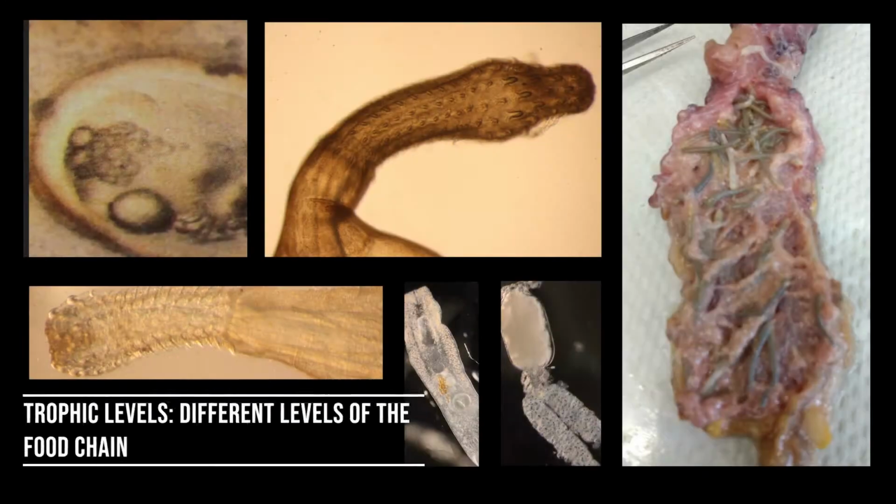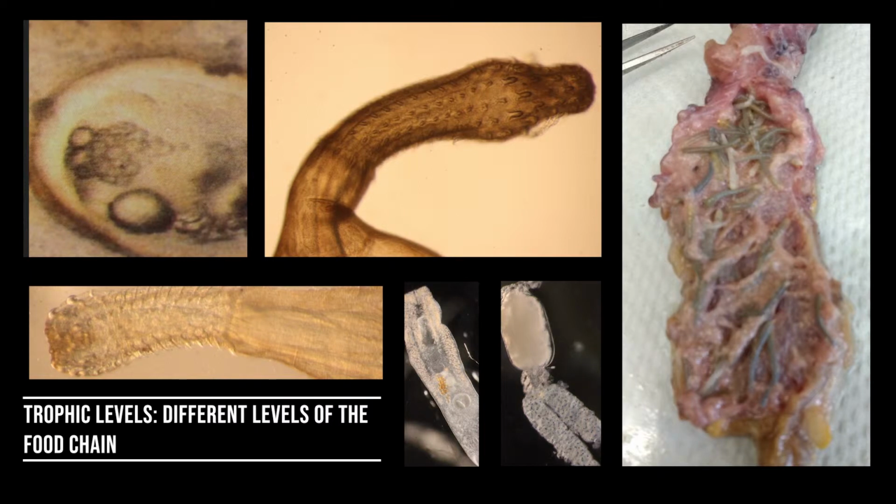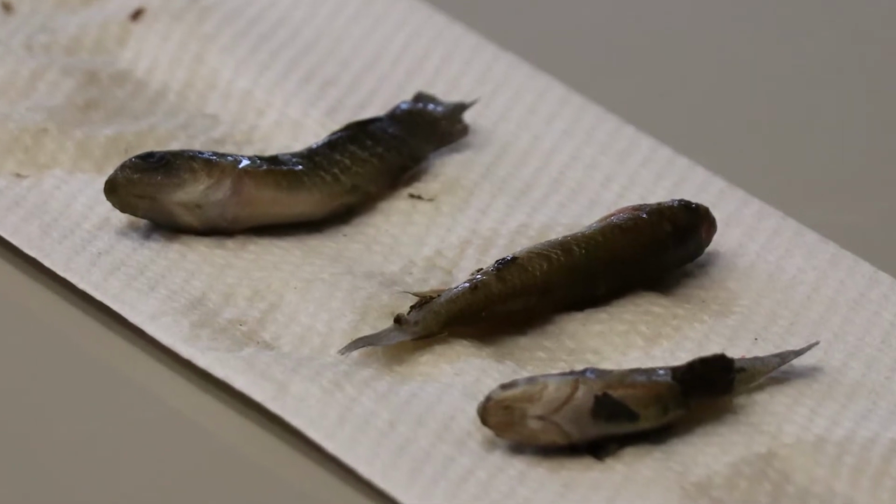Our lab specifically looks at marine diseases and parasites because parasites are everywhere and they serve as a great indicator across trophic levels of different species as to how the environment's doing, how an ecosystem is functioning. And so part of my long-term monitoring under the Marine Disease Lab is to look at mummichogs to see what parasites are infecting them, in what abundance, and how that changes from year to year and across different locations